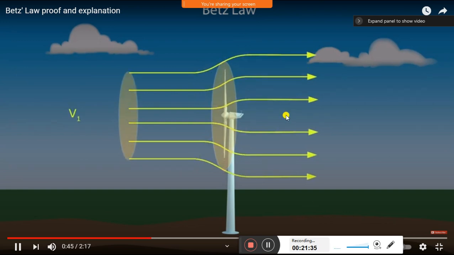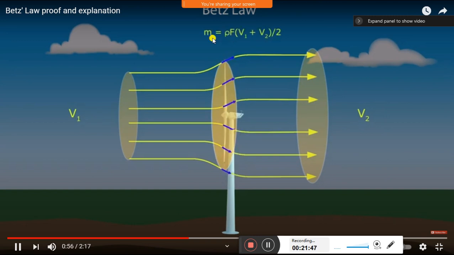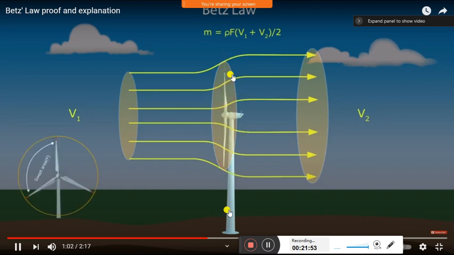Passage through the rotor plane is called V2. V2 passes. And we can take V average is equal to (V1 + V2)/2. That is the average V. Streaming through the rotor during 1 second is equal to ρ multiplied by V and swept area, and this we will discuss in our derivation. This is what we call the swept area. We can call it A.